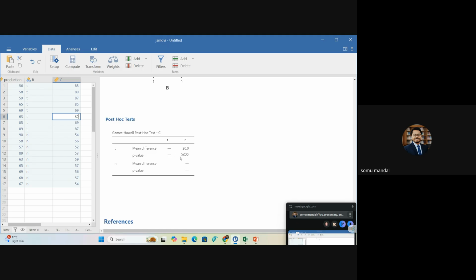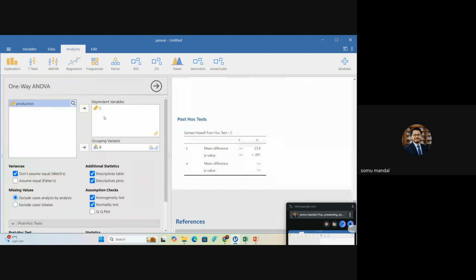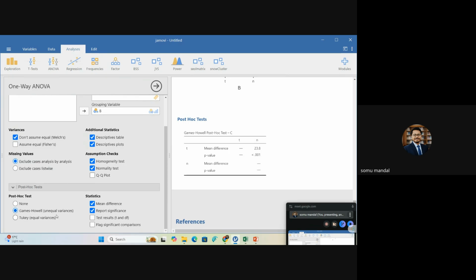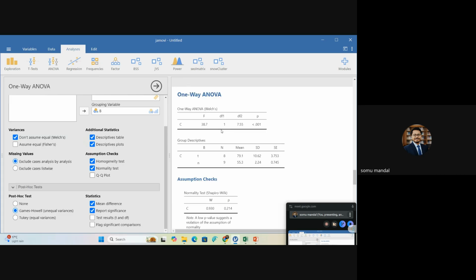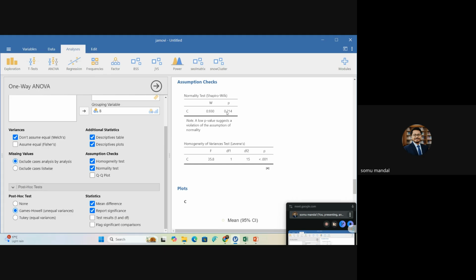Why do you select it? Look here, because of unequal variance. Why do we consider the ANOVA? Whether the data set, the normal distribution indicates what? This is the normal distribution, 0.214. 0.214 indicates what? It is more than 0.05, so definitely it is insignificant for the null hypothesis. So there is a normal distribution and equal covariance. So definitely we check here the assumption tests and the Tukey test.